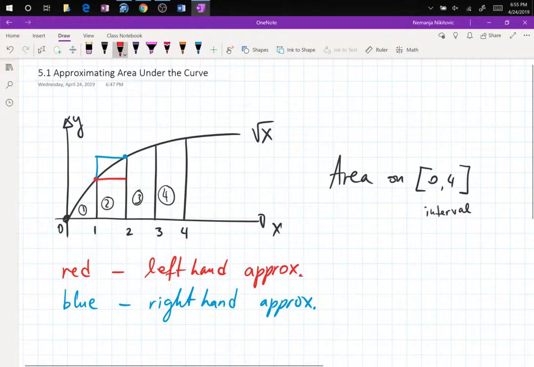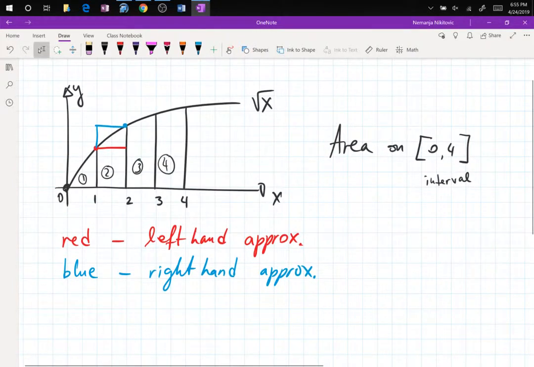So clearly they're going to give me different answers, right? Again, I'm approximating. So you may pick any. We are going to have better approximation in Calc 2, so you will never be actually using these. But these are important to bring us to the next level right now. Now, I have this situation between the red and the blue,